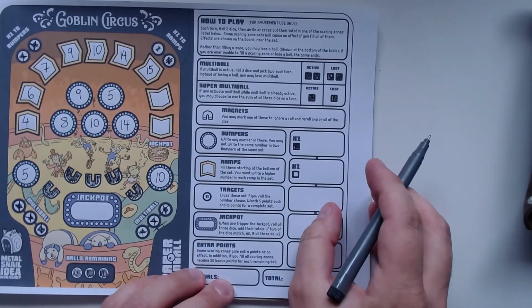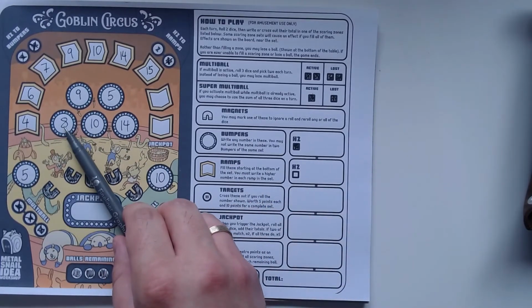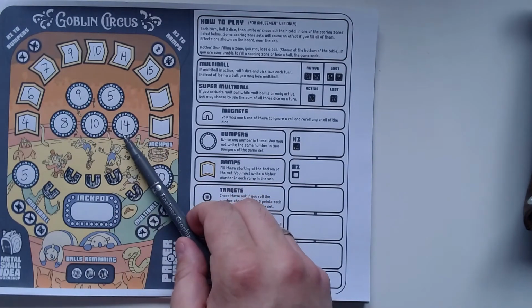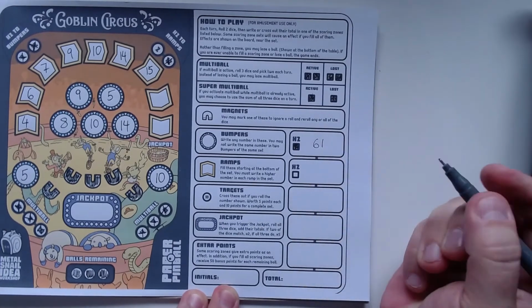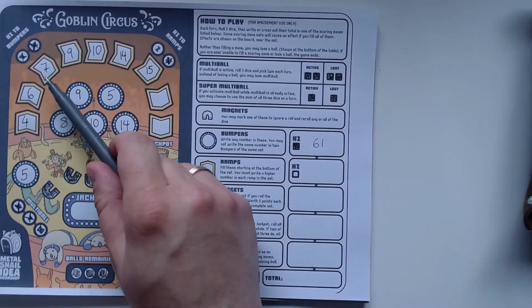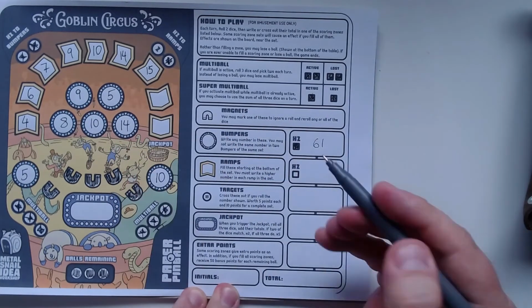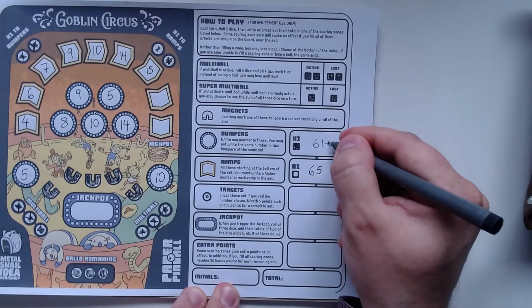All right, now let's calculate everything. Bumpers. We have 10, 15, 23, 32, 42, 47, 57, 61. That's not too bad. Ramps. 10, 17, 26, 36, 46, 50, 65. Oh, and that is doubled here, right? So that's gonna be